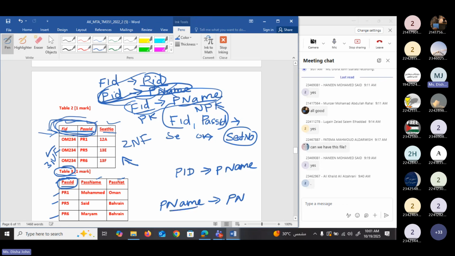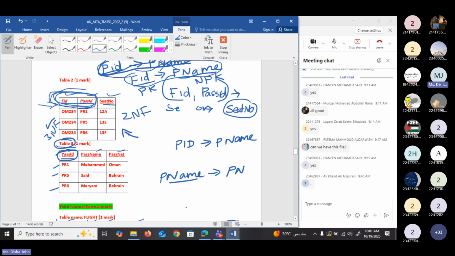So here we have several names, okay? So if you know the name of a person, can we find out their nationality? For example, in this table, it's okay. But in general, if you have one name, can we find out their nationality? No, because several persons can have the same name, right?